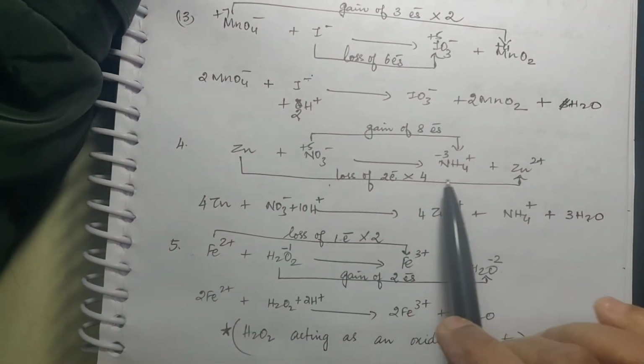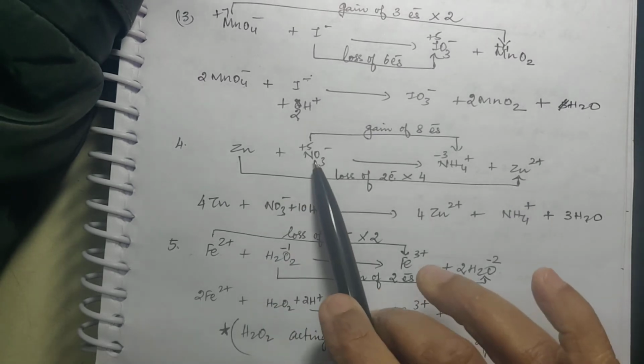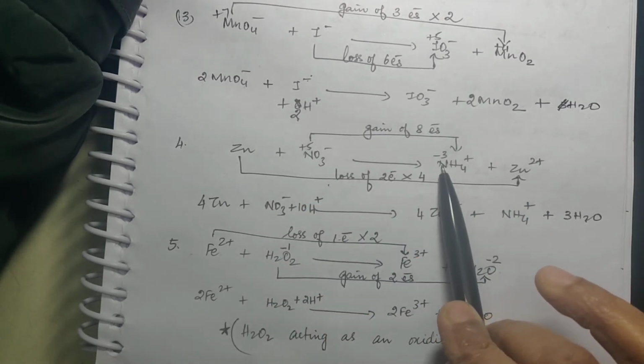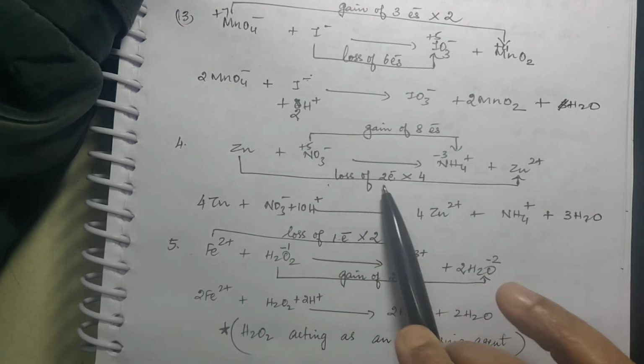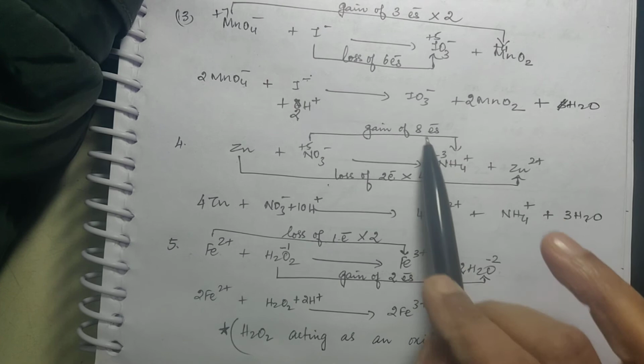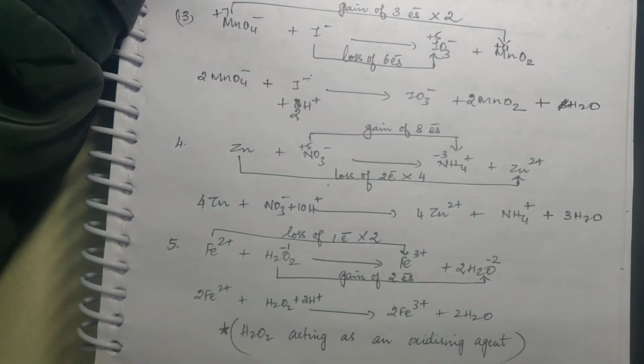Zinc plus NO3 minus, giving you NH4 plus plus Zn2 plus. Here the oxidation states are plus 5 to minus 3 and 0 to 2 plus. So there is loss of 2 electrons and gain of 8 electrons. Multiply this by 4 and then rewrite it. Right? Now,